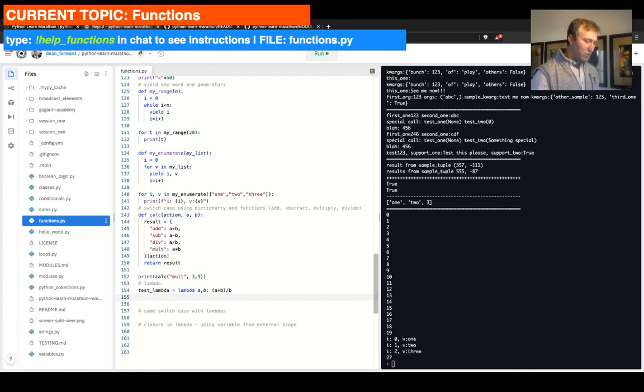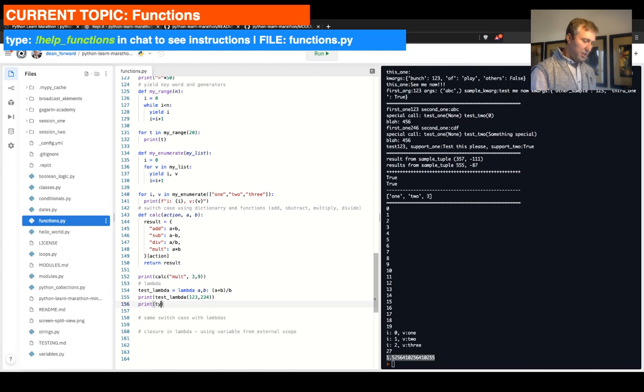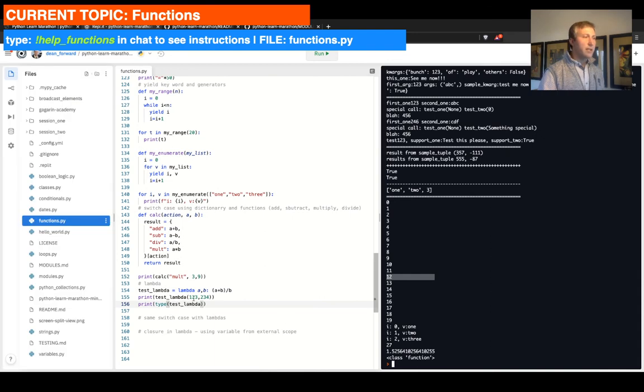and so it does. So if we do print on test lambda, we can actually call it as a function, I don't know, 1 2 3 comma 2 3 4. So let's do a quick run on that. So we get our float output as a result of it. So what it did is it called it when you declare a lambda. So we can print type of test lambda. When we run that, we are going to get that it is class function that we're looking for, right? So we can one line